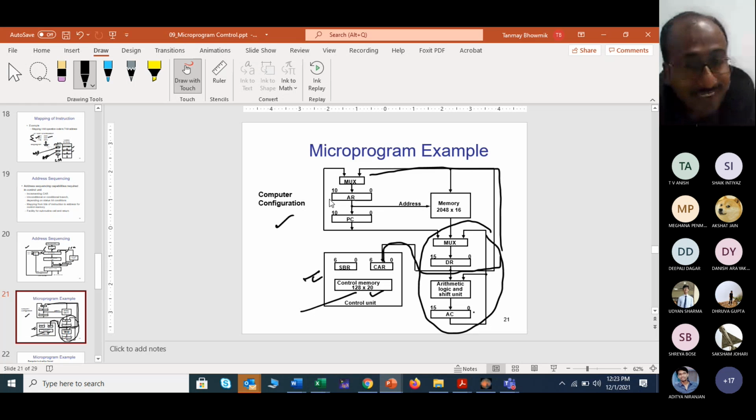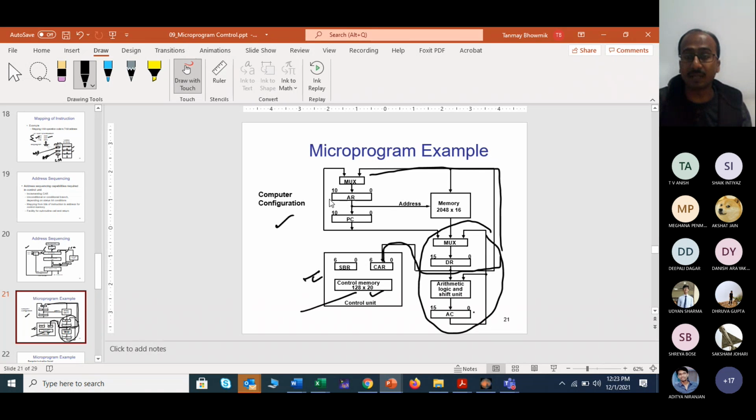Any idea? If you are writing 128 cross 20, that means 20 is your data bit width and 128 is your number of address locations. Right? Whenever you are dealing with 128 address locations, that means 2 to the power 7 is 128. So 7 address bits are there. So this kind of question can be generated. This question can also be asked in a single sentence, but to confuse you, the whole diagram can be given. And you are asked the same thing.